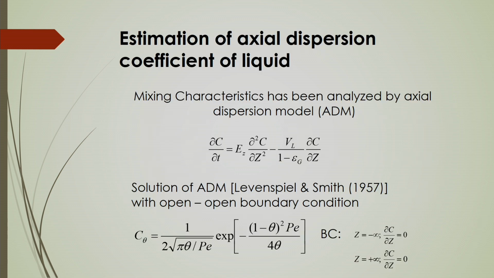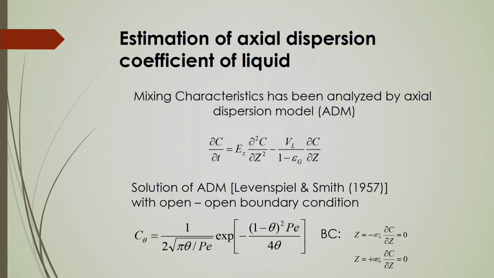and also what will be the model to analyze the axial dispersion there. Now, for estimation of the axial dispersion coefficient of the liquid, you can estimate this mixing characteristics in gas liquid mixture in the downflow system by tracer techniques, by the axial dispersion model. Now, in that case, based on that axial dispersion model, it is simply how that profile of the concentration will happen in this case.